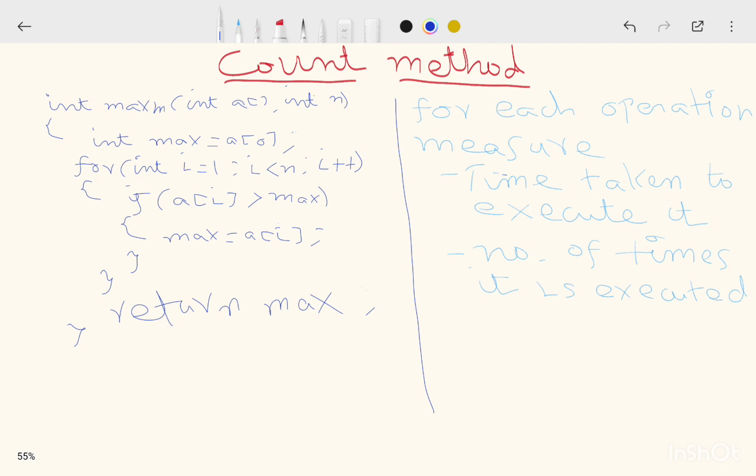So I already told you to measure the time complexity using this count method. For each operation or for each line in that program, we need to measure the time taken to execute that particular operation. And for each operation or each line, we need to measure the number of times it needs to be executed. So for example, in this program,